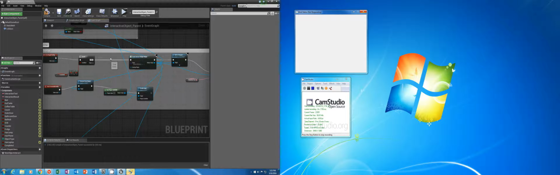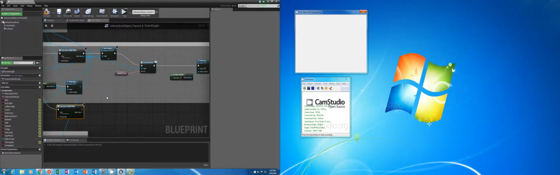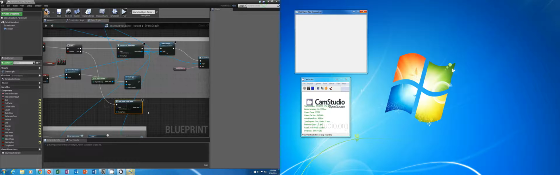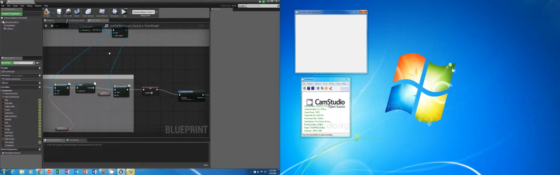Okay, so we still are going to want to create the widget. Because we're still going to want the player to be able to see that it's a bed. So maybe we need a third state